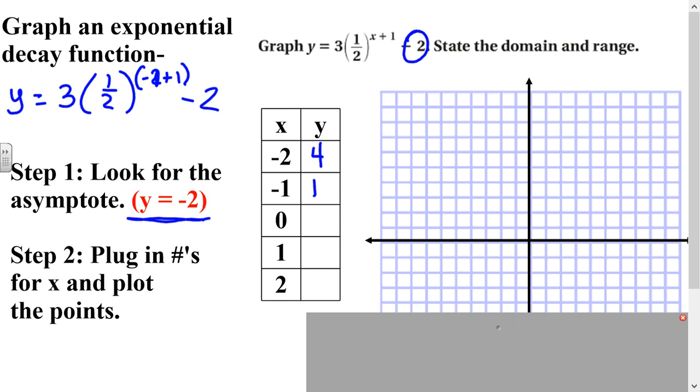Then if I plug in 0 right here, then 0 plus 1 is 1. 1/2 to the 1st power would be 1/2. 3 times 1/2 would be 1.5. And 1.5 minus 2 would be -1/2. Then if I plug in 1, then 1 plus 1 would be 2. 1/2 to the second power would be 1/4. And then 3 times that would be 3/4. And then if I take 3/4,